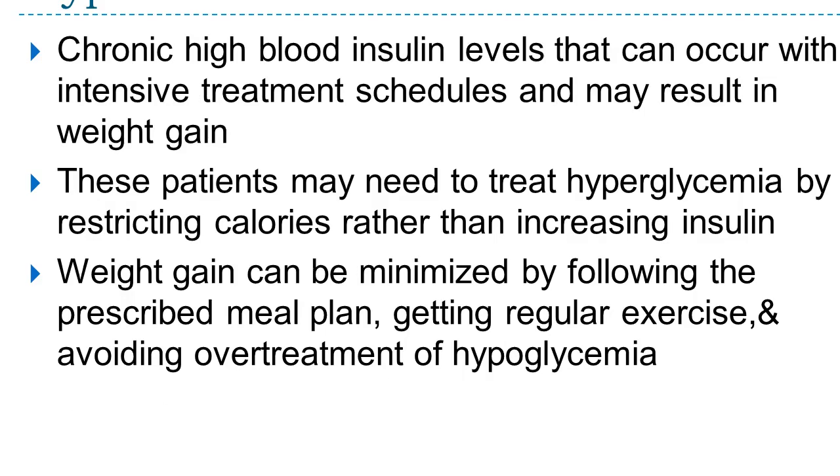And hyperinsulinemia is chronic high blood insulin levels that occur with intense treatment schedules and result in weight gain. These patients may need to treat hyperglycemia by restricting calories rather than increasing insulin. And the insulin that you guys are more familiar with is the U100 insulin along with a U100 syringe, because your insulin should always match your syringe. But there is U500 out there, and that is more of a concentrated insulin, because maybe these patients were not getting their blood sugars down, so we have to give them more insulin. And anybody who's taking over 200 units of insulin a day would probably go to the more concentrated U500 insulin,